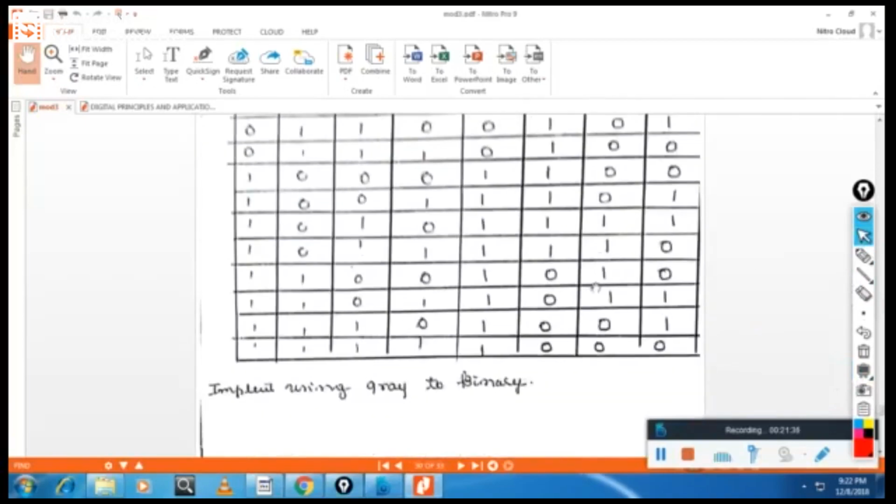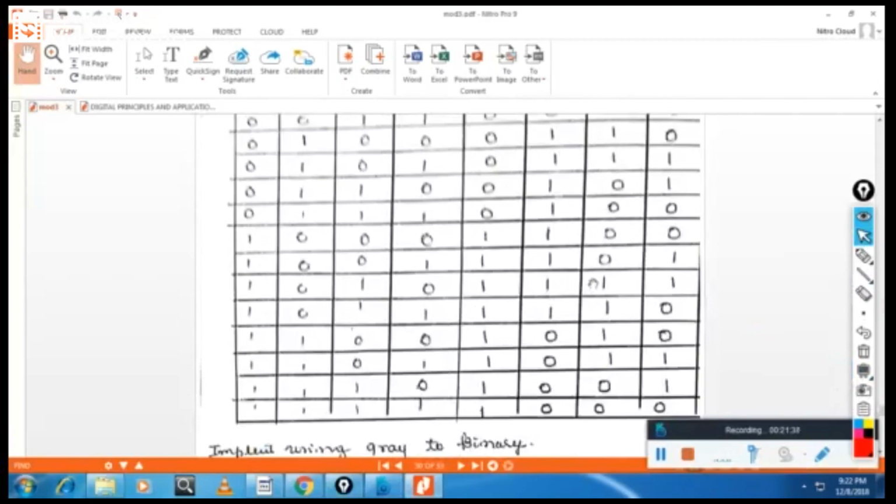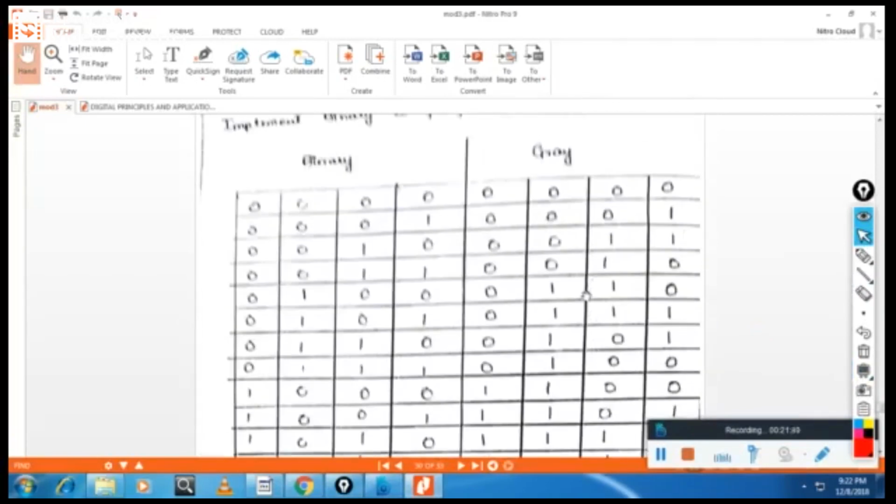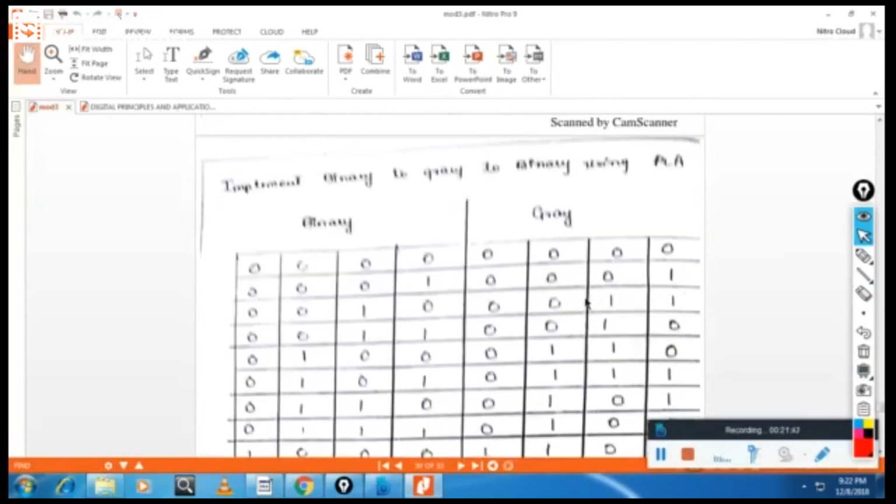After that, once again implement this one by using K-map. My dear students, once again here also you have to solve this by using K-map. So please remember, you take these bits as G0, G1, G2 and G3. Use K-map like this.